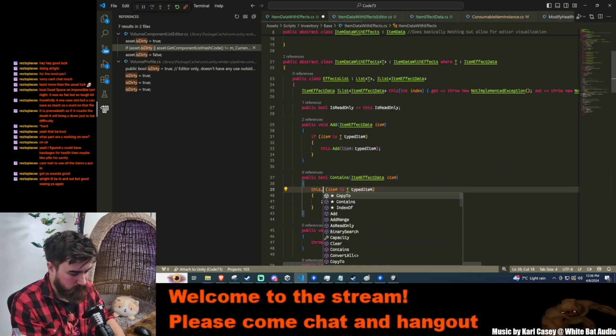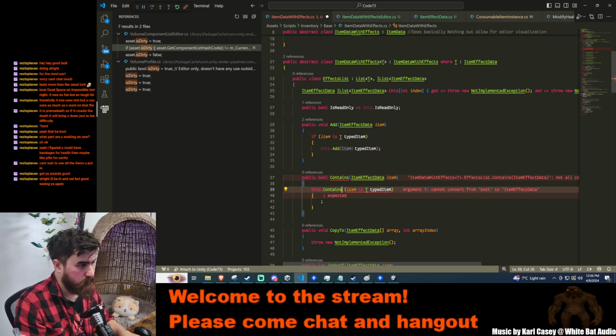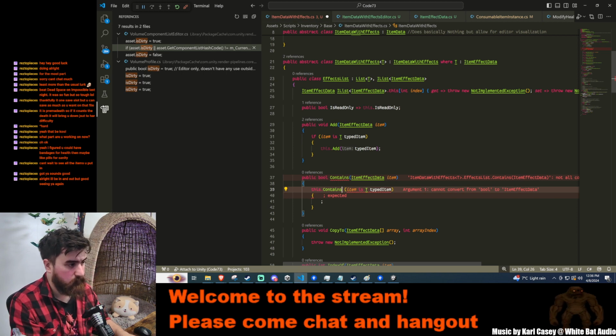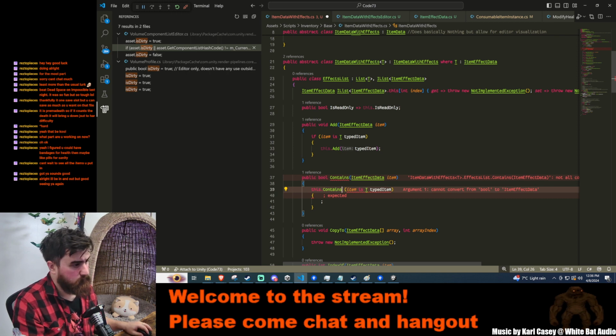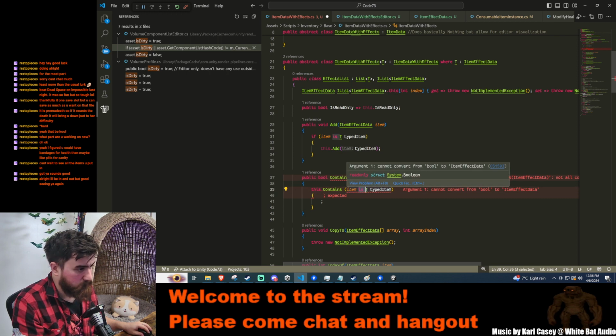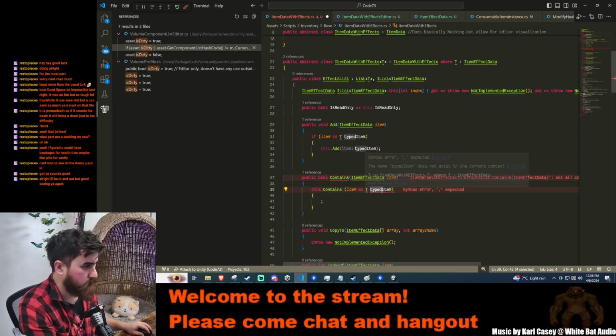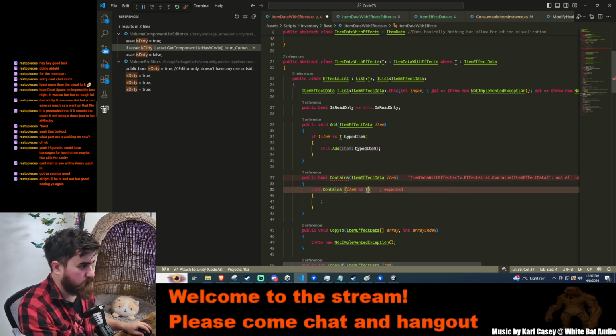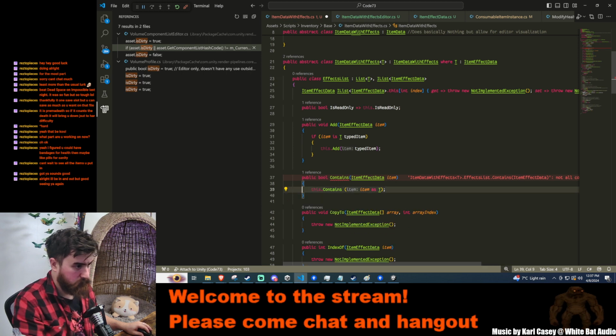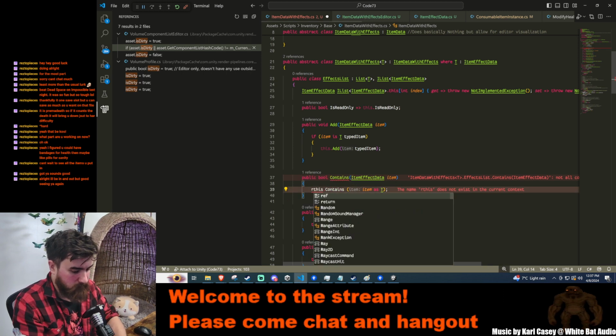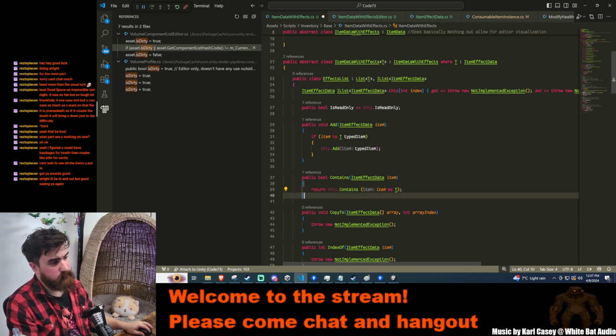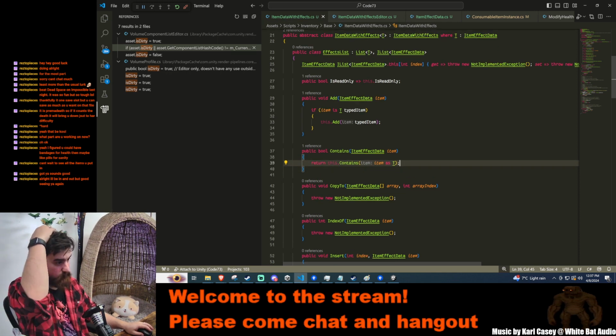Go this dot contains. I guess I could just say as T in this case. Don't even need to do that. Just go return this dot contains, yeah. And then